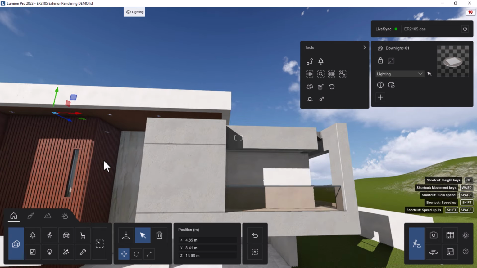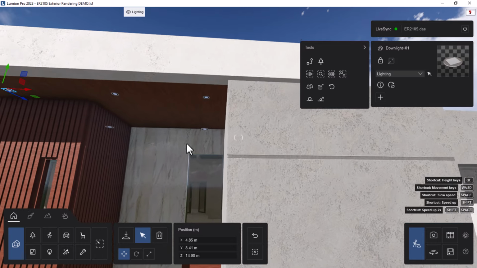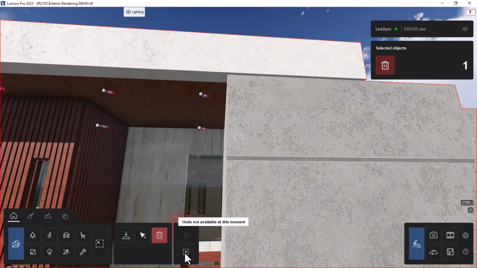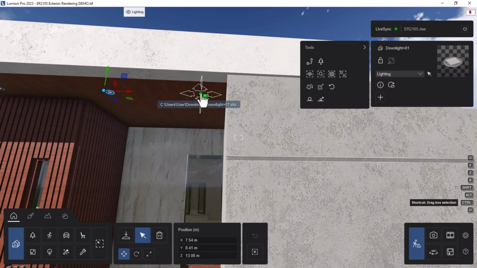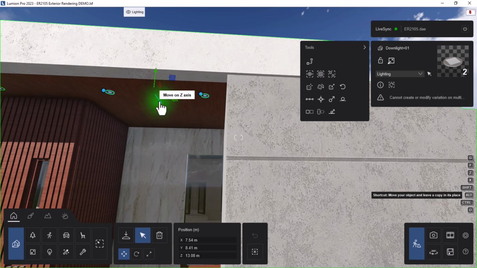I think I made a mistake here, guys. You see these ones are not in line, so I'm going to delete them. Deselect, delete these ones and do it properly. So I'm gonna select this one and then Control hold, add a copy. Then let's Alt to move this on the Y direction,